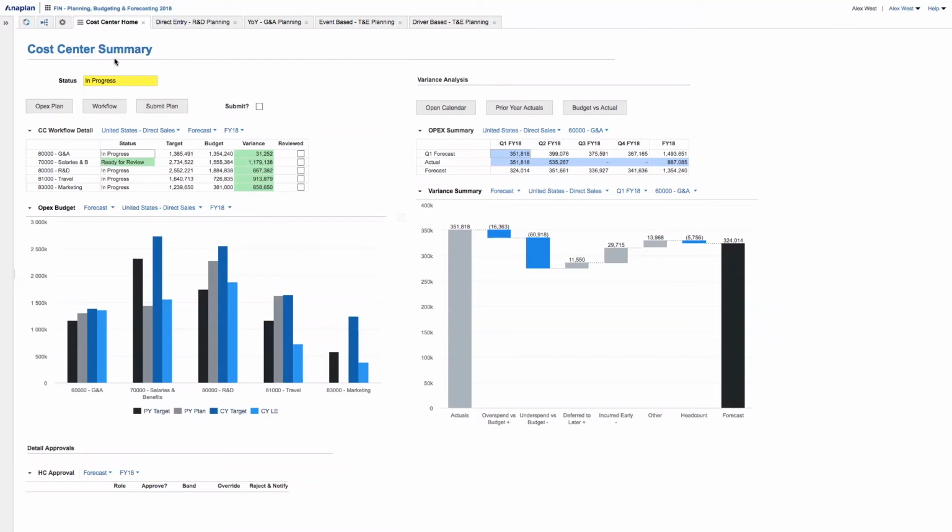Anaplan allows business users to quickly and easily interact with the system to enter data in a variety of ways in order to develop operational plans and budgets at any level within the organization. Because Anaplan is a highly configurable and flexible platform, organizations can choose any number of methods for interacting with their